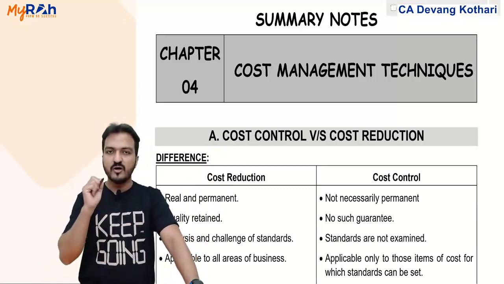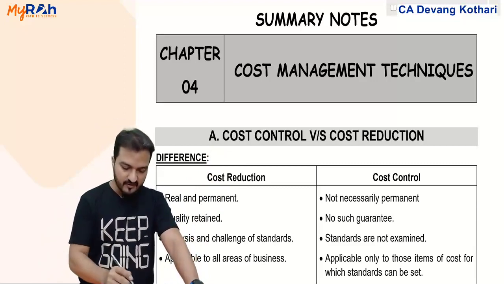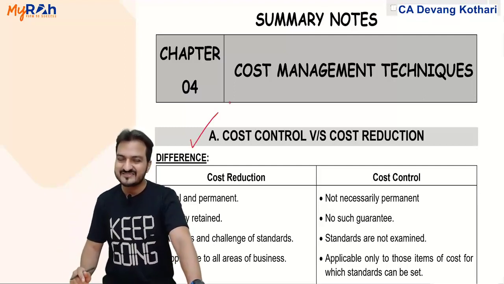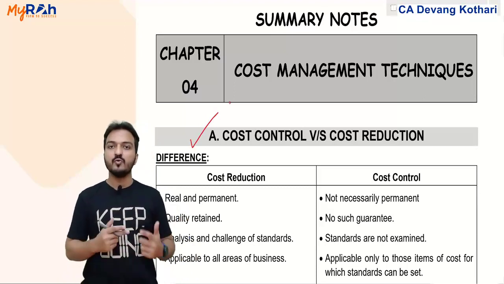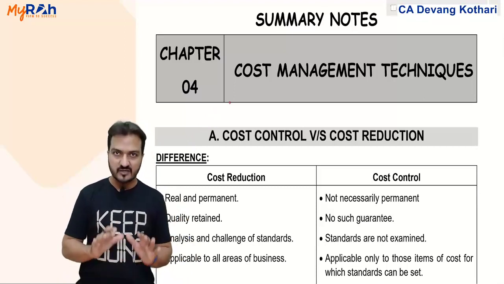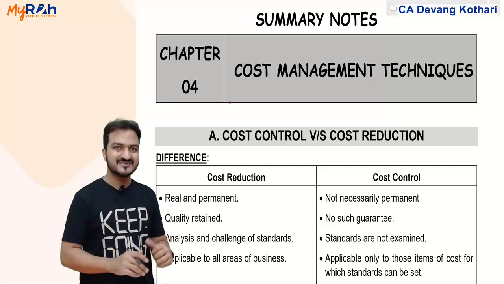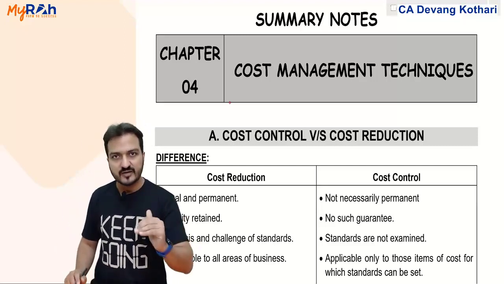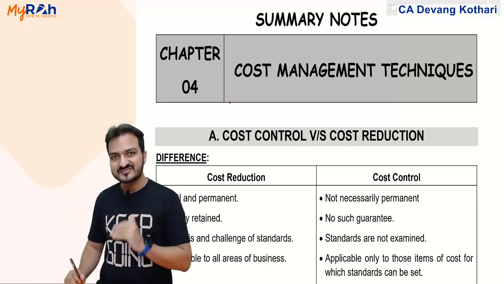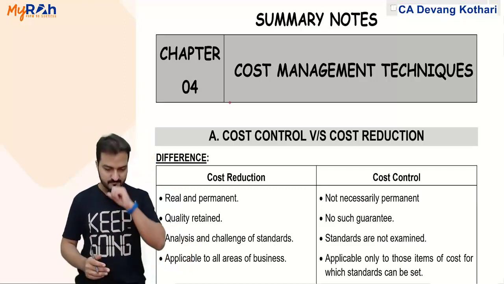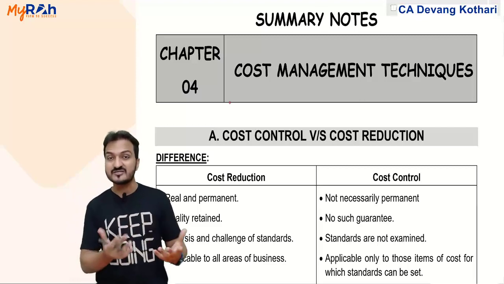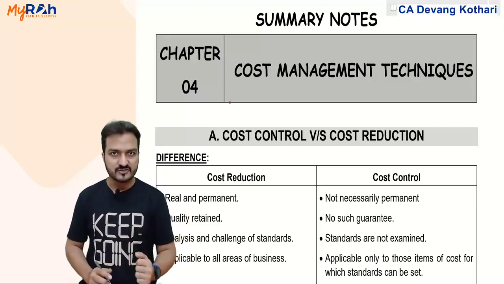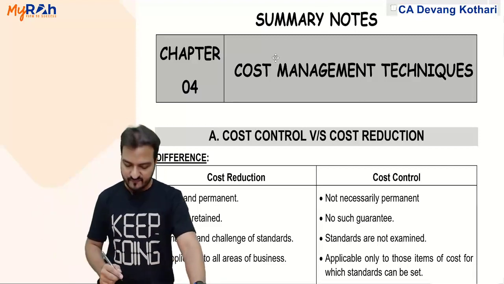First, let me give you a topic revision. First thing under the chapter is cost control, cost reduction. Basic theory, but that theory is involved at many places in my subject. I didn't say many places in this chapter, rather it is involved in many places of the subject. We discussed about cost reduction in chapter 3 also. We had cost control discussed under chapter 12, standard costing also. Yeah, so it comes at many different places.